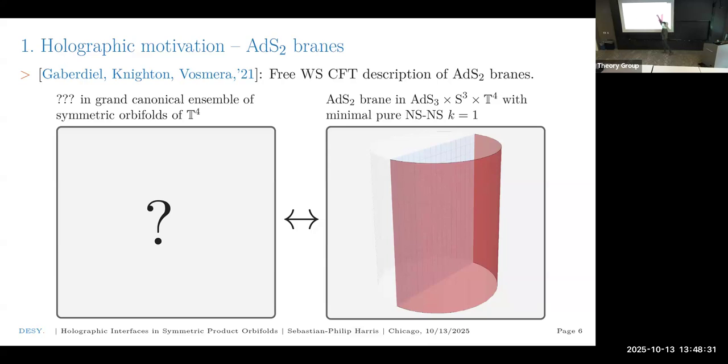And this blue brane surface here is an AdS2 subspace of AdS3. What kind of brane is it? Is it a D brane? Yeah, it's a D brane. D what? Okay, I mean, for the purpose of this talk, what's important